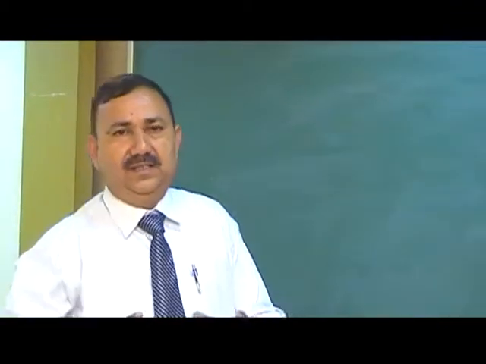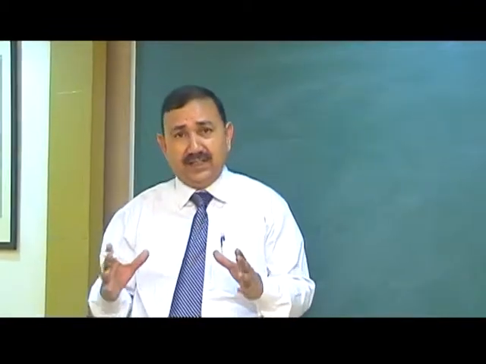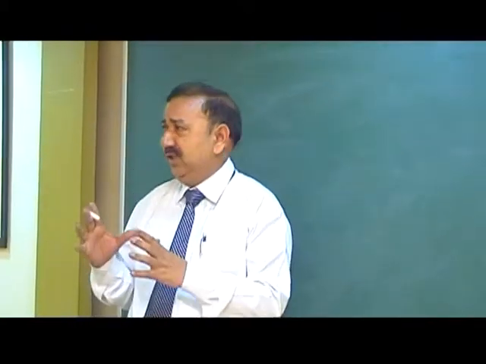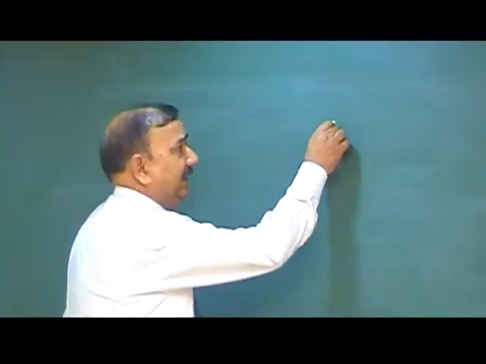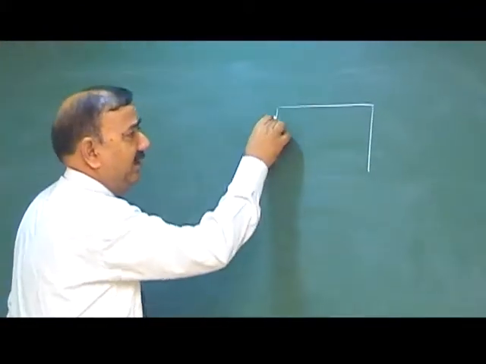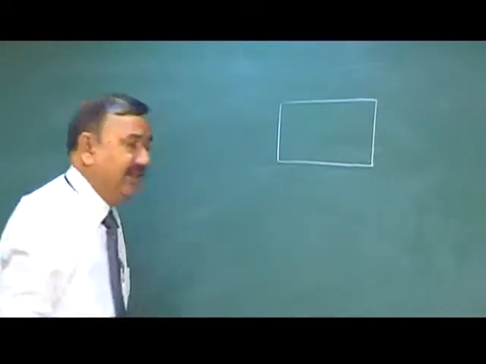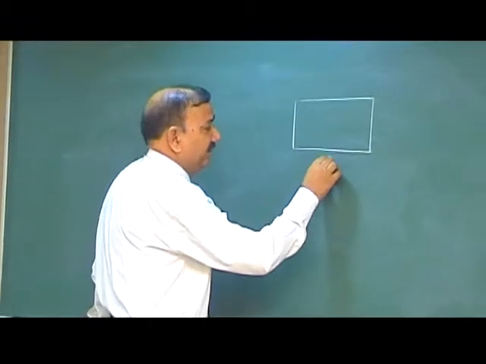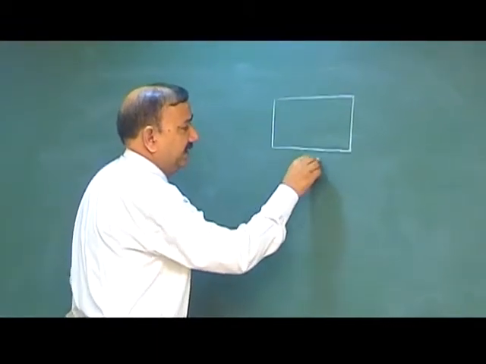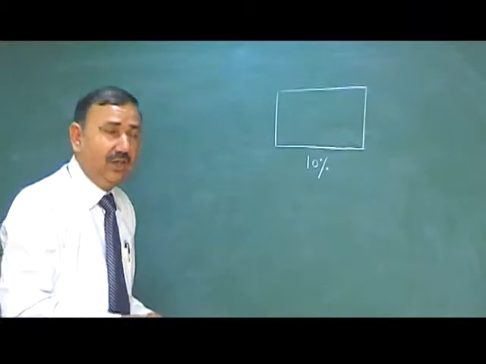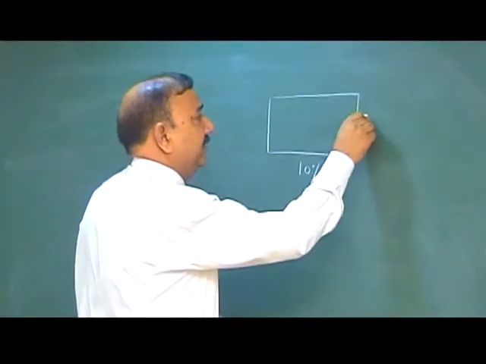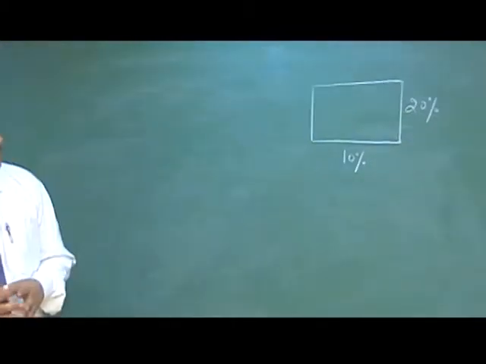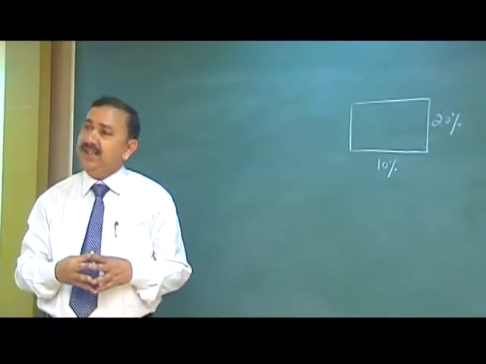Okay, in the same way, we have another way to get the answer to very typical questions. I am demonstrating an example of that question. This is a rectangular field, and the question says that the length of the rectangular field is increased by 10%, and the breadth of the rectangular field is also increased by 20%. My question is, by what percent is the area of the rectangle increased?